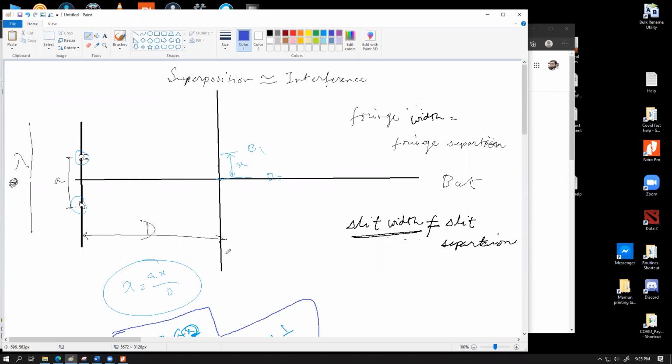Try to remember this formula. The way I usually remember this, lambda a x নিচে হচ্ছে d, so lambda equals x by d. lambda হচ্ছে সোর্সের lambda, a হচ্ছে সেপারেশন, d হচ্ছে ডিসটেন্স বিটুইন দেম, আর x টা হচ্ছে ফ্রিঞ্জ সেপারেশন। বুঝছো? ট্রাই করে দেখো কি হয়।